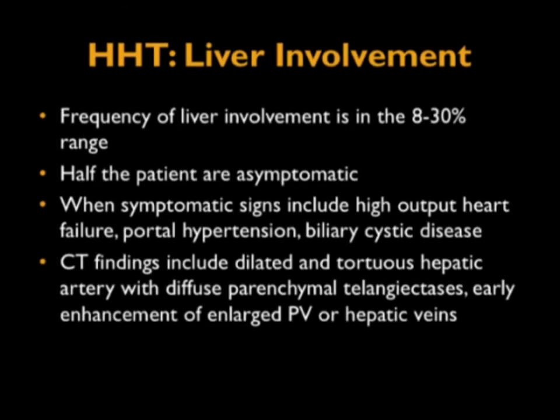We don't think about the abdomen quite as much in HHT disease, but you should. If you look carefully, liver involvement up to 30% of cases, though again, the majority of patients are asymptomatic, but others can present with high output failure, portal hypertension, or even biliary cystic disease. Again, the vessels often seem tangled. It looks like multiple areas of involvement. It's important to recognize that this is typically arterial phase. You see the abnormalities, venous phase, things are isodense.